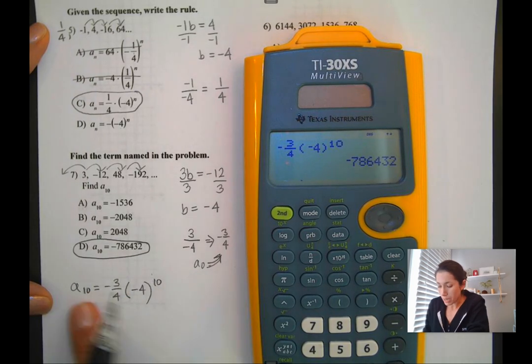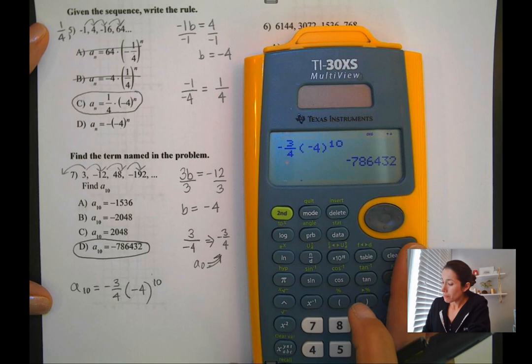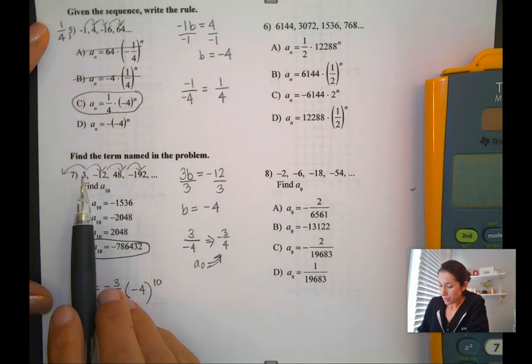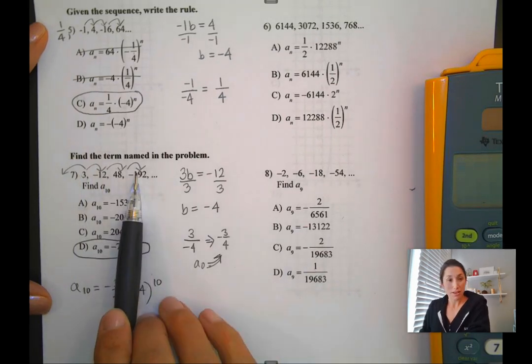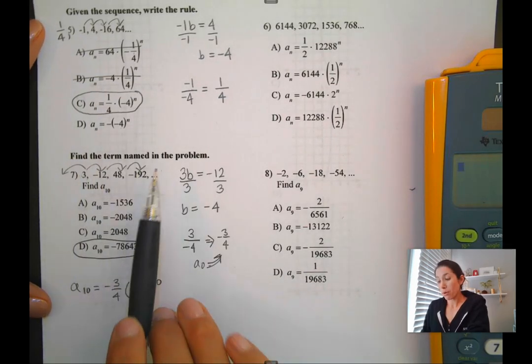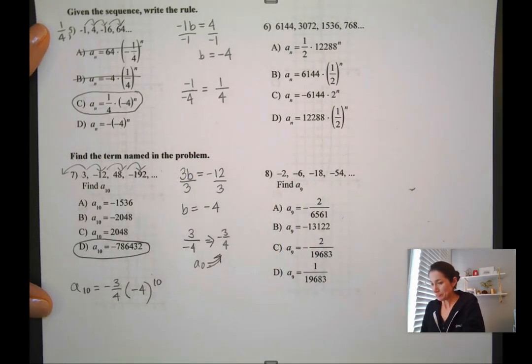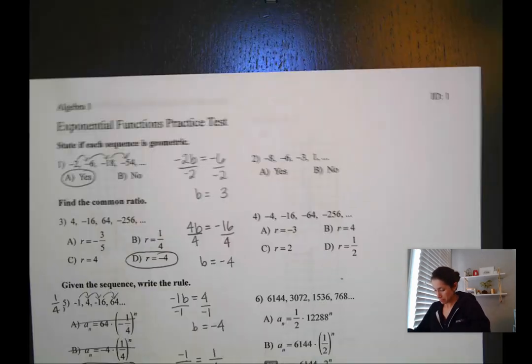So make sure you are writing down some type of equation and what your ratio is for this problem. The other way to have figured this out, we're in term number 1, 2, 3, 4. Technically, you could have then verified this by multiplying by -4 and keep going until you get to the 10th term. That also works. Okay, on our second page here,